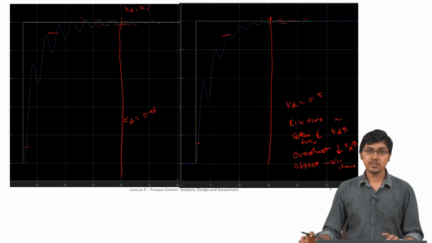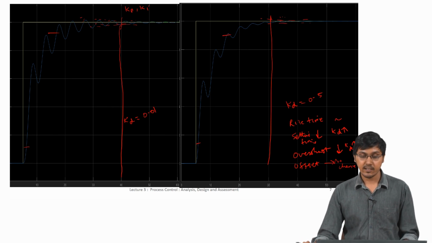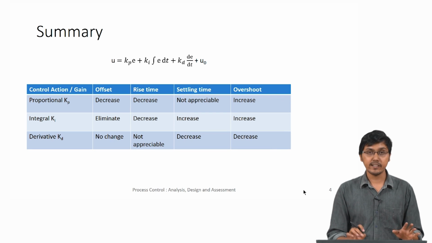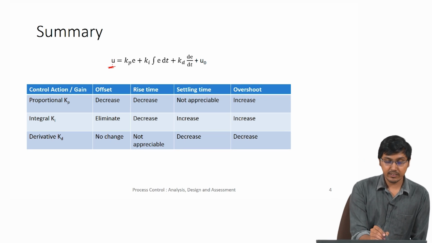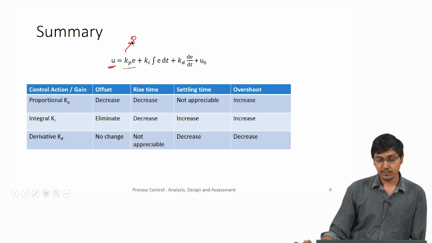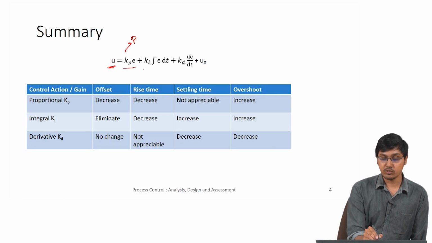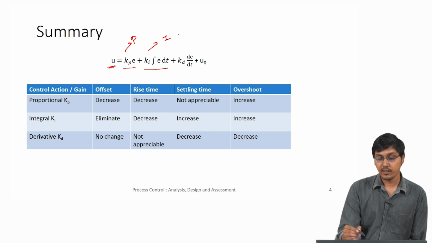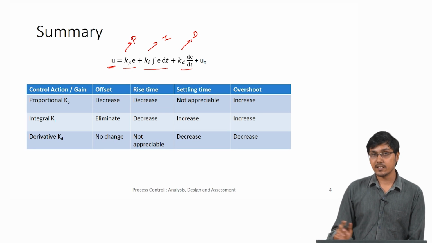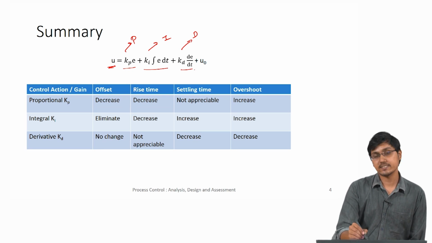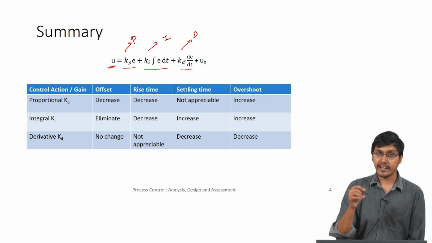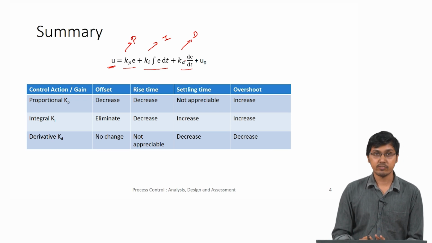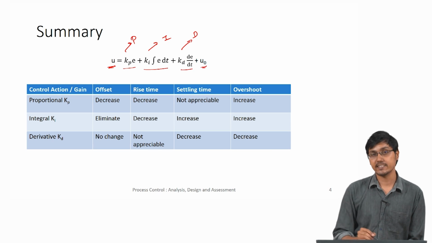So, let us put everything in a table. This is the table where we are putting everything together. This is the control equation, which says that the output of the controller is Kp into the error, which is the proportional part of the controller, and Ki into the integral of E dt, which is the integral part of the controller, and Kd into d by dt of the error, which is the derivative part of the controller. We also saw that MATLAB did not use this exact representation, it used some N, but we said we will forget that for now. And this is the bias that we initially start the system with.